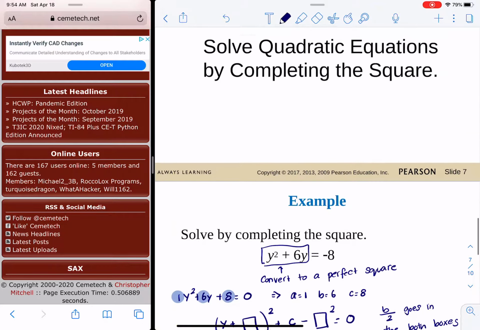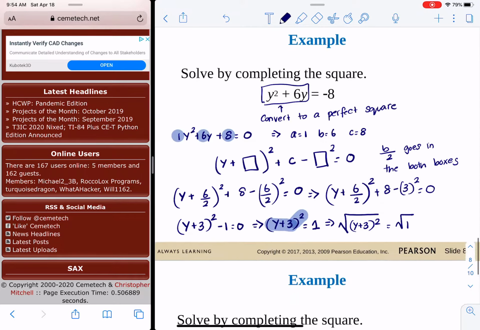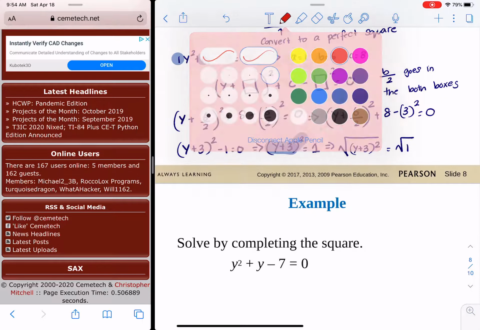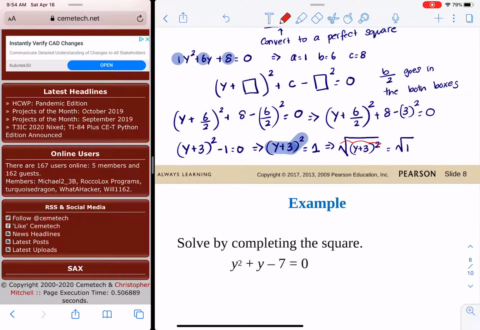And square root of 1 is plus or minus 1. So the root and the square would go away. So y plus 3 would equal to plus or minus 1,